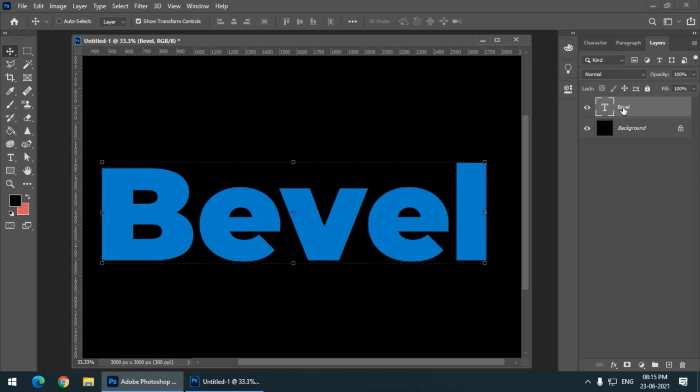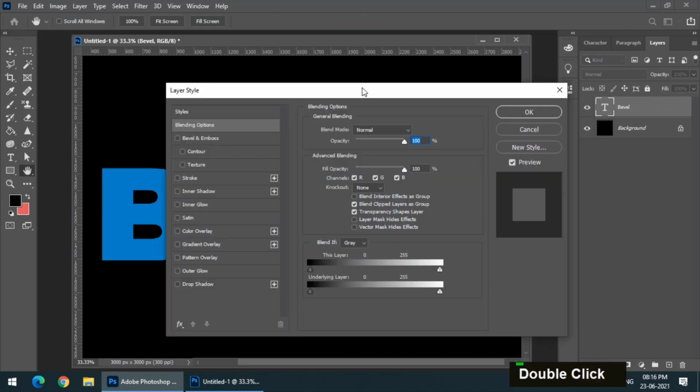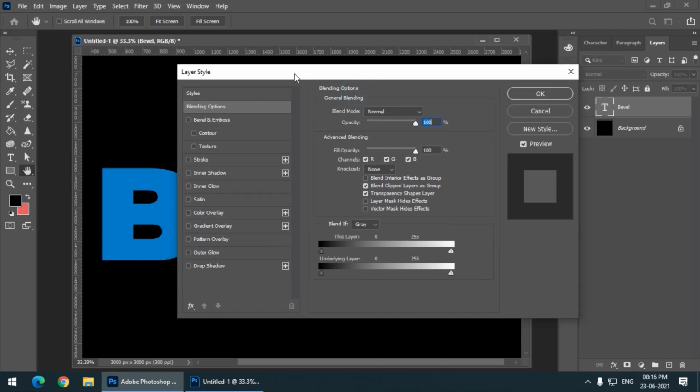You shouldn't double click on the name of the layer, because it will open the rename option. Rather, click on the right hand side of the layer and simply double click, so it will also give you the layer style panel.